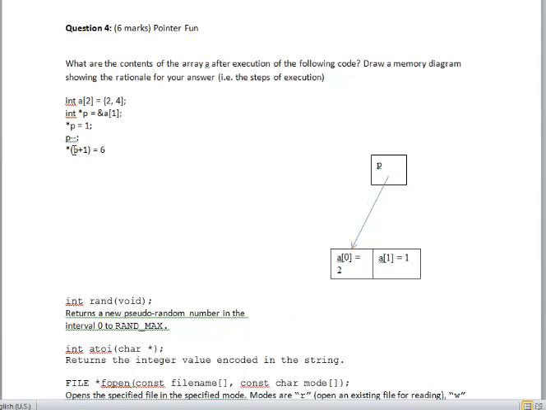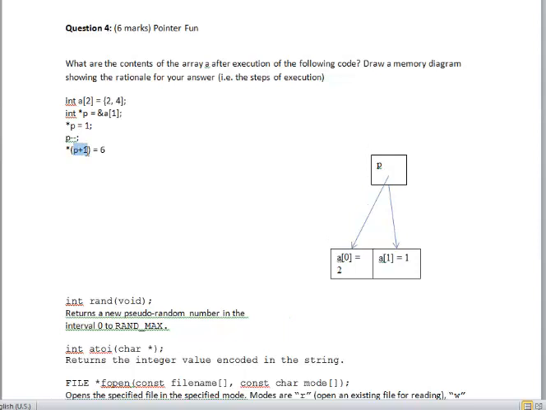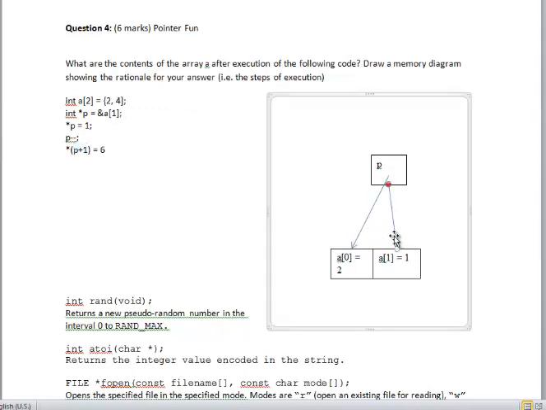We now say we want to take the current value of the pointer and go to the next integer, and we want to take the contents of that and assign it to 6. Now here I'm going to draw a second one to show you what that means, but one key thing is that this assignment does not change P. P is not changed. What we're doing is taking a temporary working copy of it. So we're taking this one and we're advancing it, and maybe I'll just draw it as